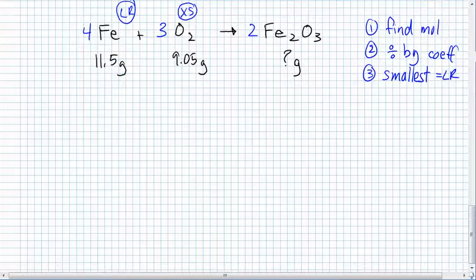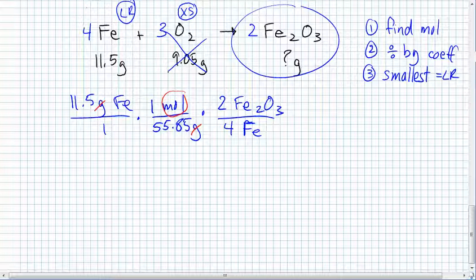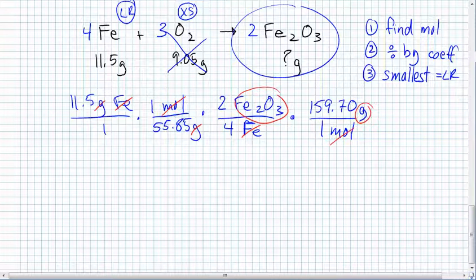So in essence then, I'm starting this problem over again, but I know where to start. I'm going to ignore this, and I'm going to go, okay, I have 11.5 grams of iron. That is my starting point. I'm going to convert it to grams of Fe2O3, so just like we normally would for these kinds of problems. So start off by converting to moles. Next step, multiply by the mole ratio. And finally, multiply by the molecular mass of Fe2O3. And that gives you your answer,